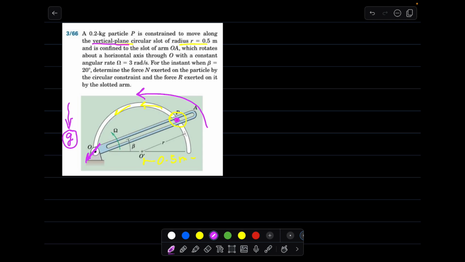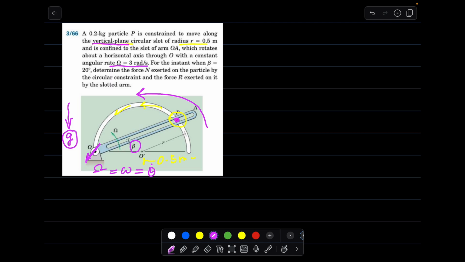The arm rotates with a constant angular rate omega of 3 radian per second. Omega is given for this slotted arm O2A as 3 radian per second. This is angular velocity. Sometimes we write omega like this, and let me mention that we also write it as theta dot. For the instant when beta is 20 degree,